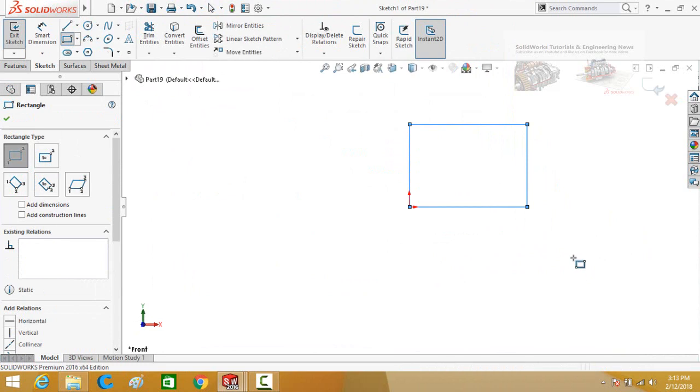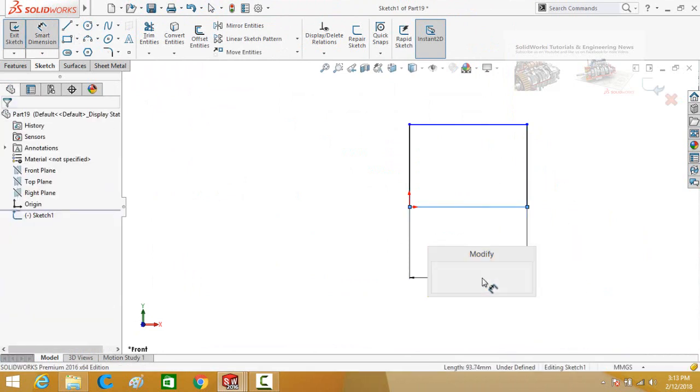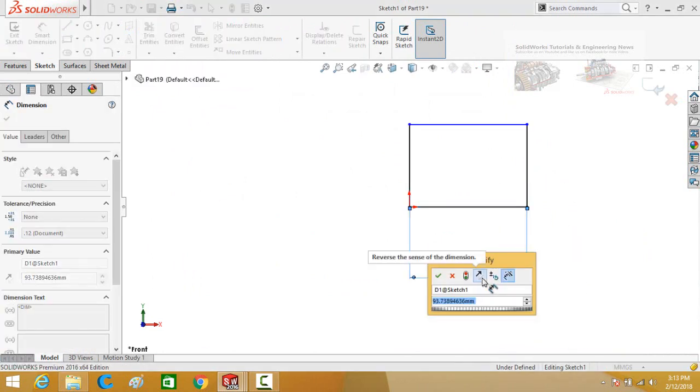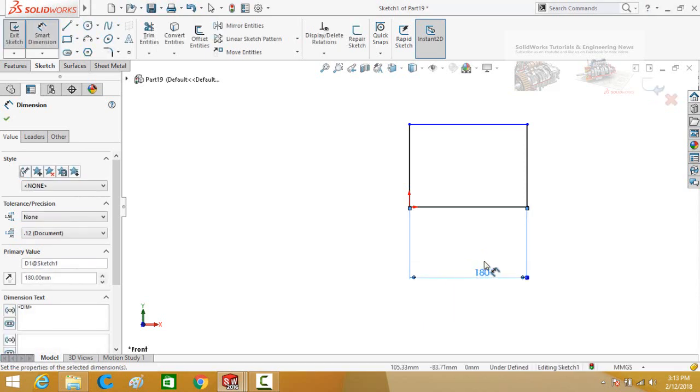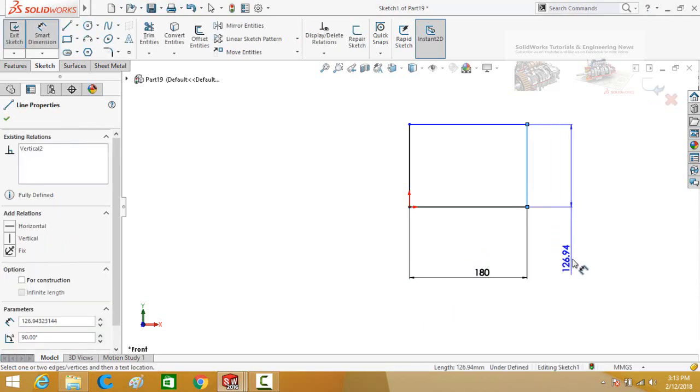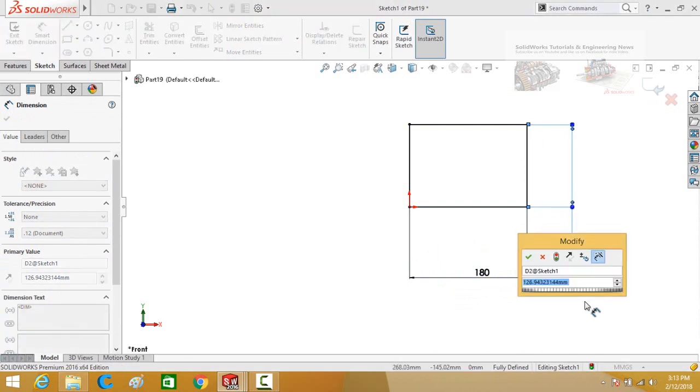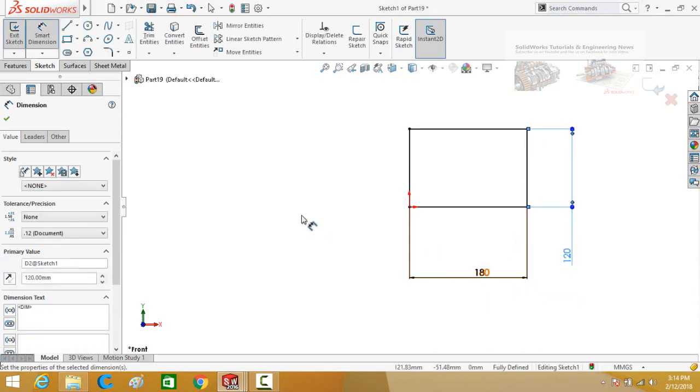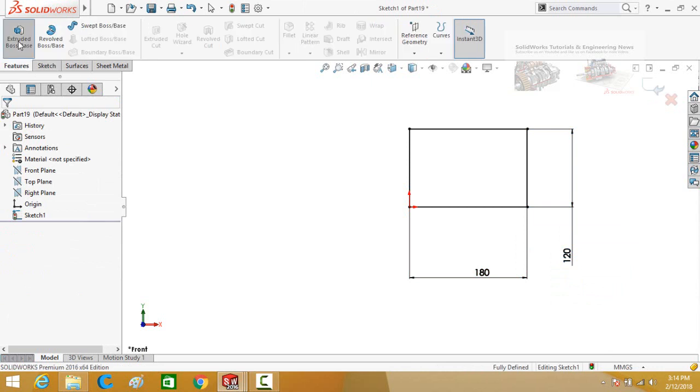Draw a rectangle and define it 180 millimeter, and this distance is 120 millimeter. Go to features tab and extrude it.